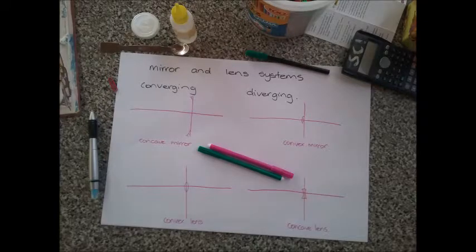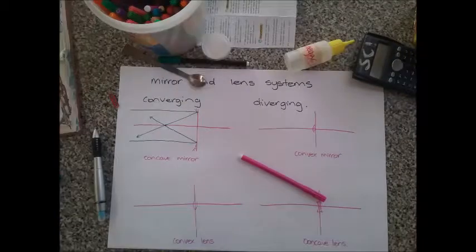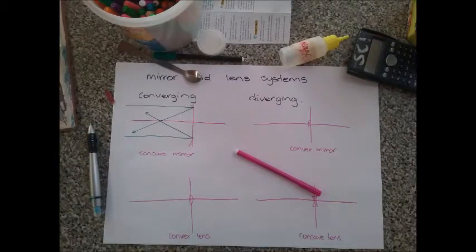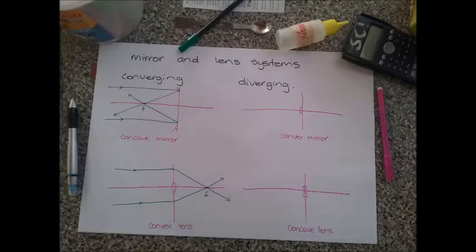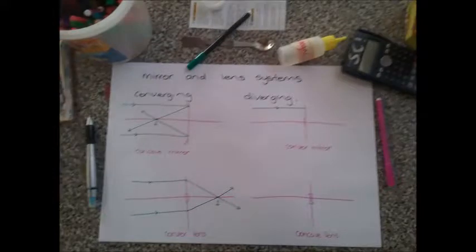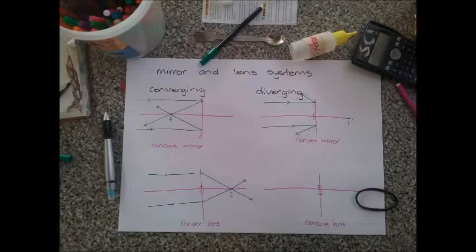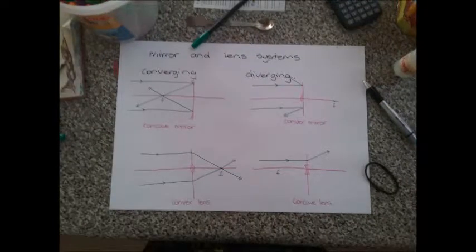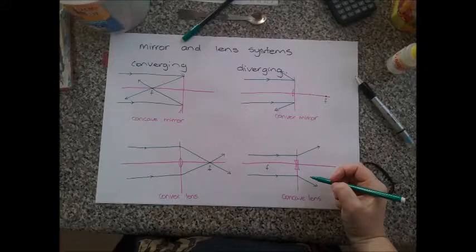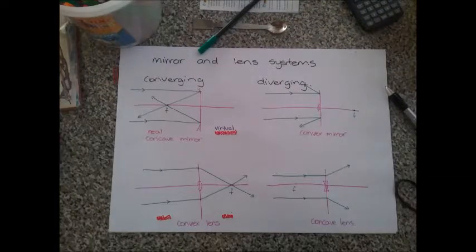Now the thing we're going to look at here is when you take a ray that comes from a distant source and see what happens. You can see when you have a converging mirror or lens system, the rays reflect or refract actually through a focal point. They physically cross through that focal point. On the other hand, with a diverging mirror or lens system, the rays don't pass through the focal point. They bend as if they came from the focal point, but they don't actually pass through it,